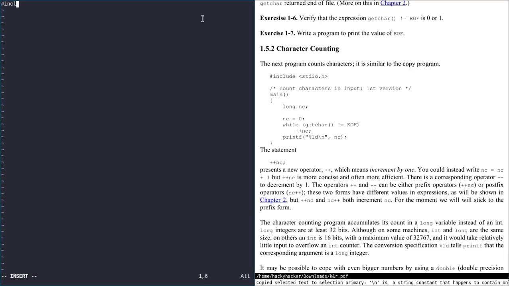So let's make a little program. Oh, I said IO, yeah. Main. So let's call it char c. And then